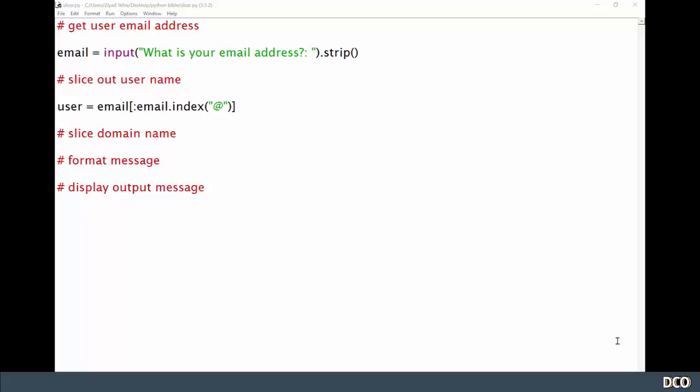How did it go? Did you get on all right? It was a bit tricky, right? So the way that I'd have done it is I'd have created a variable called domain, and I'd have set that equal to a slice from email, but we want to take everything after the @ symbol, right? So the way that I do that is I take the index of the @ symbol,